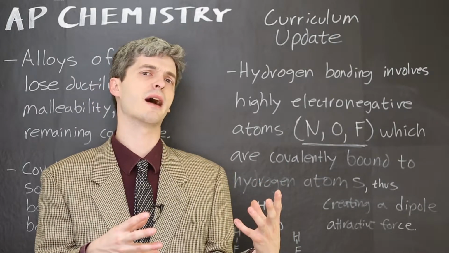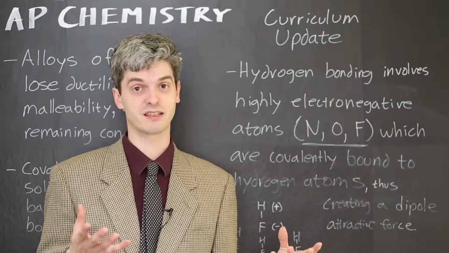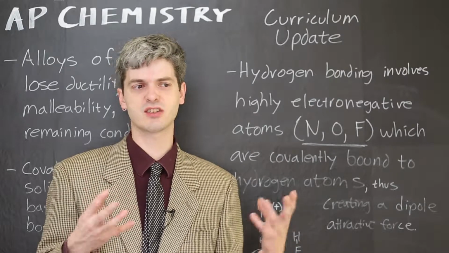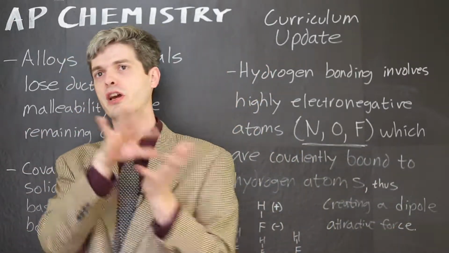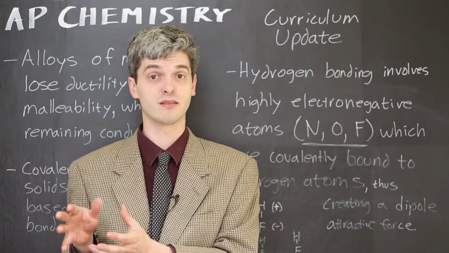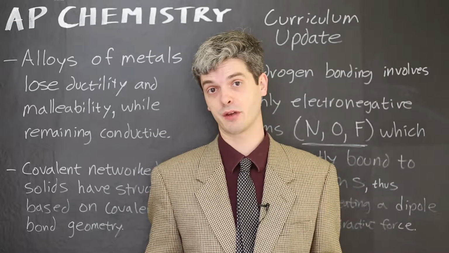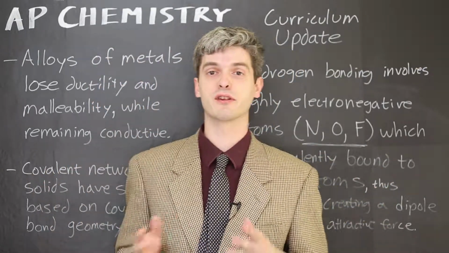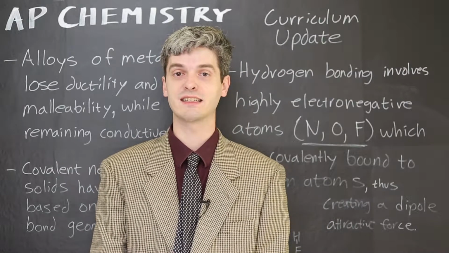And because we're talking about negative and positive charges, that means electrons, because you can't move protons around inside of a molecule, but you can move electrons around. And so anytime you have a situation where the electrons in a molecule are tending to spend more time over at one end of the molecule, that end of the molecule will tend to have a more negative charge, and the other end of the molecule will tend to have a more positive charge. Now, the reason why electrons would tend to spend a little more time over at one part of the molecule as compared to another has to do with the question of electronegativity,